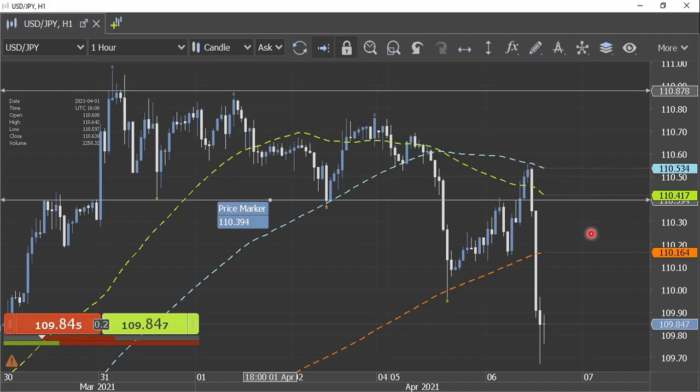So here, the opportunity is there for looking to go short in the USD JPY. You can look for selling opportunities closer to this immediate resistance zone, and for that we can rely on these two key technical factors. So I think watch out for further retracement from the current levels,